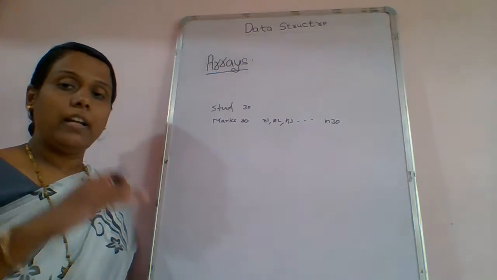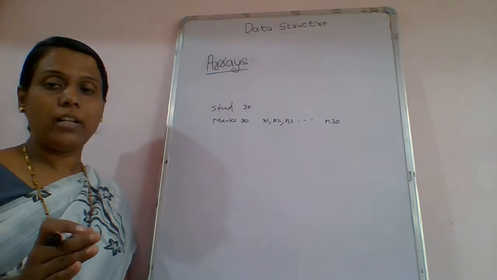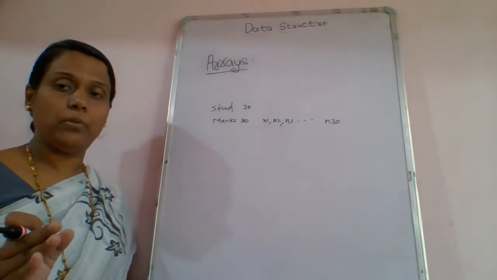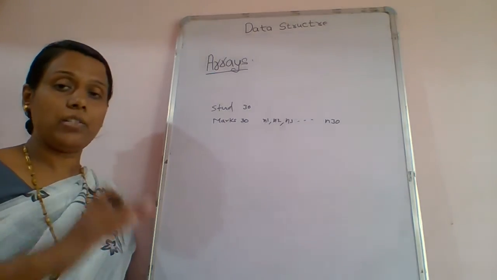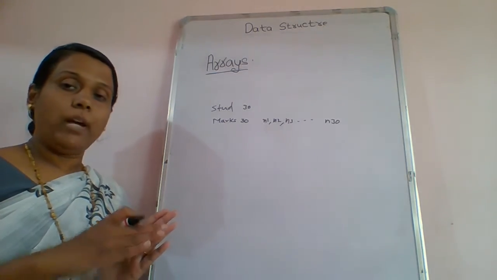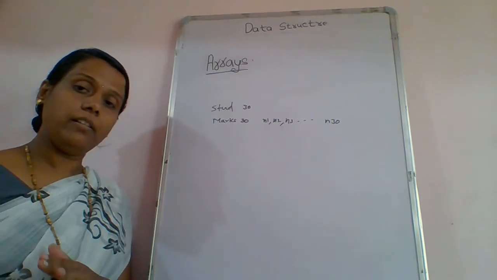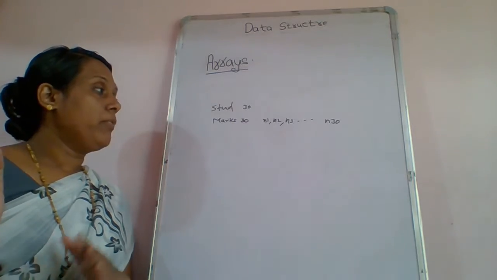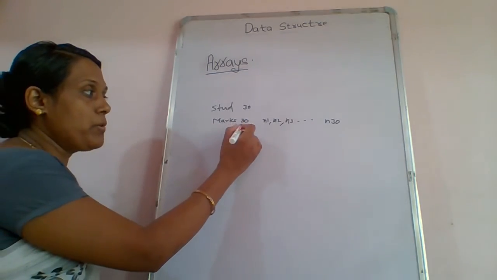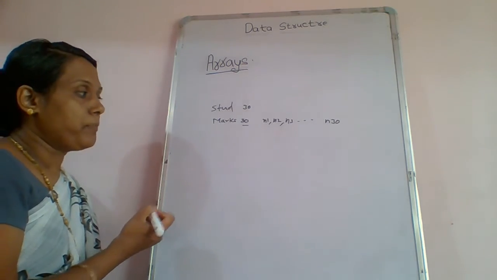It means that in an array we can store either integer values, character values, or string values. We cannot combine integer and character data in a single array. We have to create a different array for different data types. Here we can create an integer array, as we are going to store the marks.